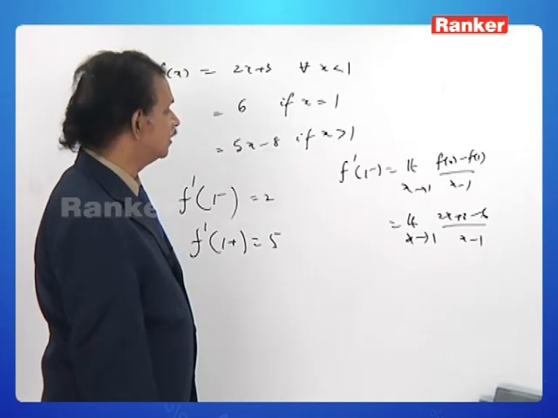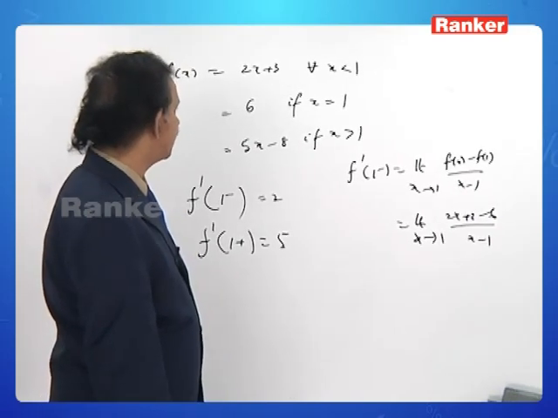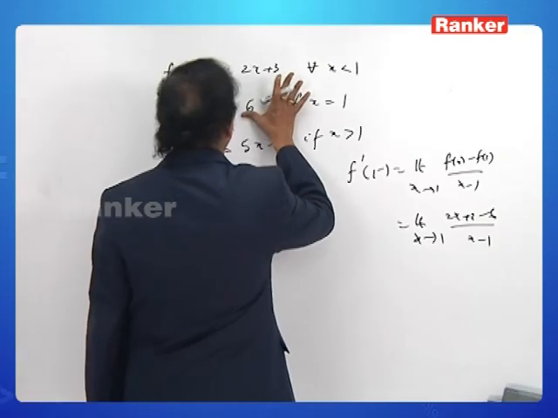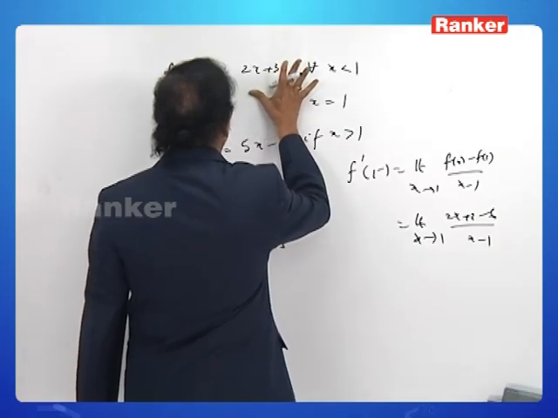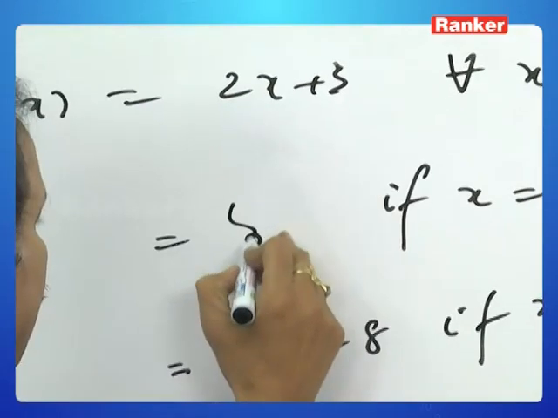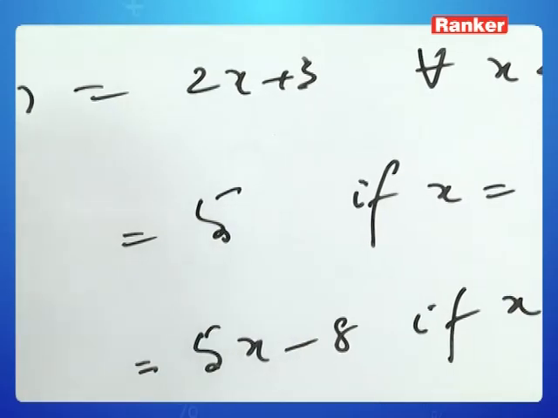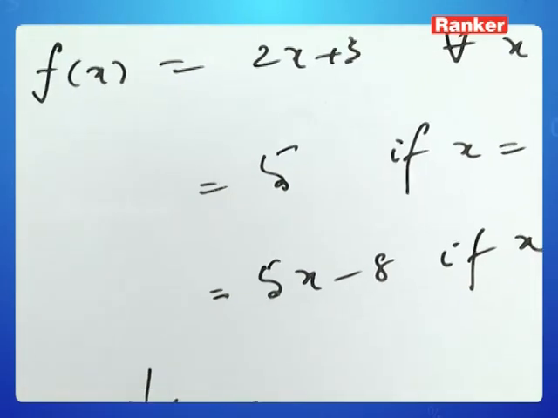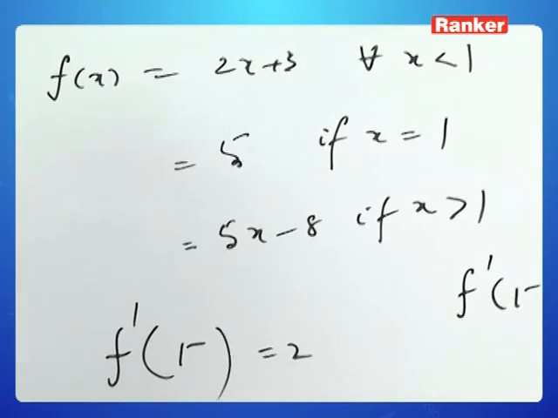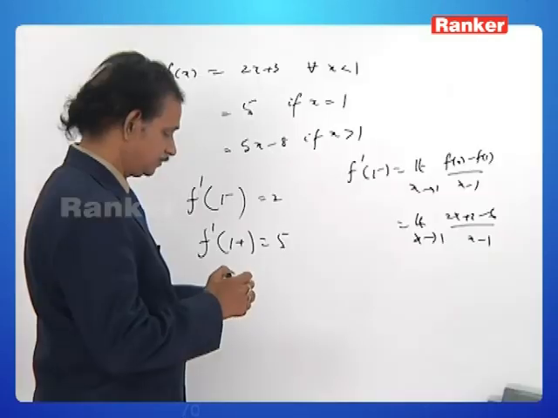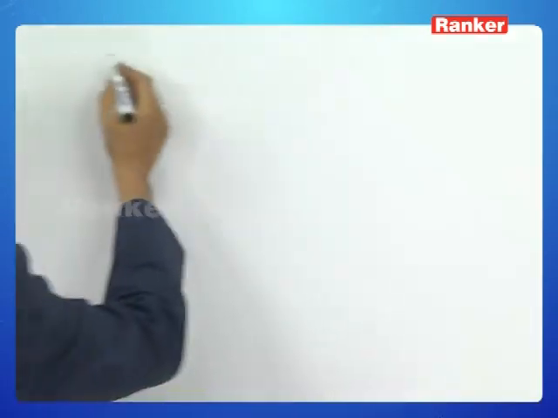That is 2x minus 3 by x minus 1, actually it does not exist. Let me call this phi. Then it does not exist, isn't it? Therefore,